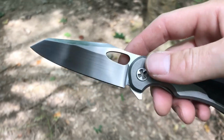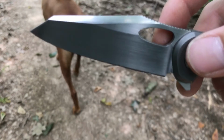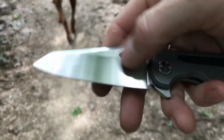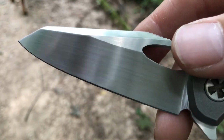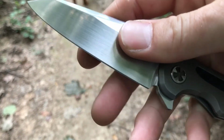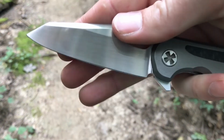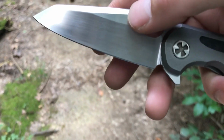M390 blade steel in a modified sheep's foot style, I guess. Come on, focus. Yeah, there you go. Beautiful satin finish. Nice top swedge. Great tip for piercing and detail. Not a ton of belly, but it's not that straightforward